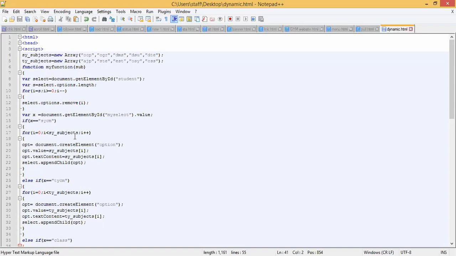My dot value, if x equal to SYCM. Subjects dot, we are incrementing it. Then this one.